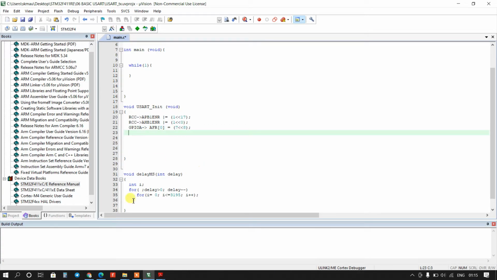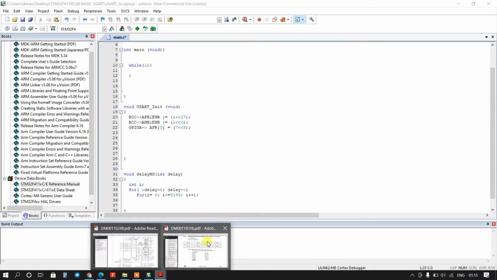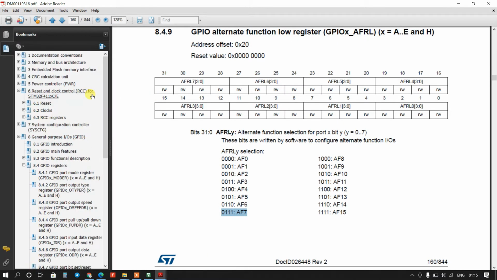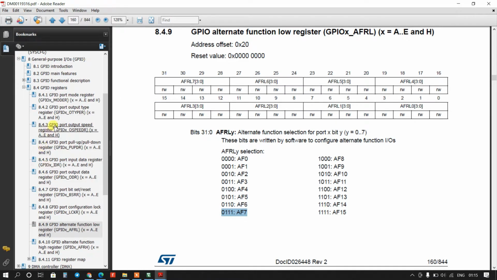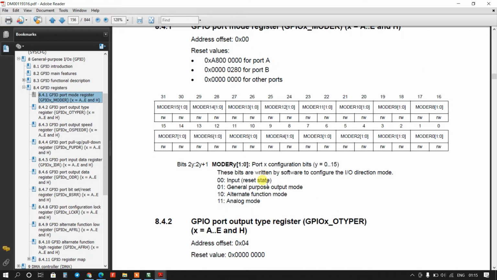Now we will go to the mode register. So this is the mode register. We are going to configure the PA2 pin. So this is for the PA2 pin. So for alternate function mode it will be 1 0.